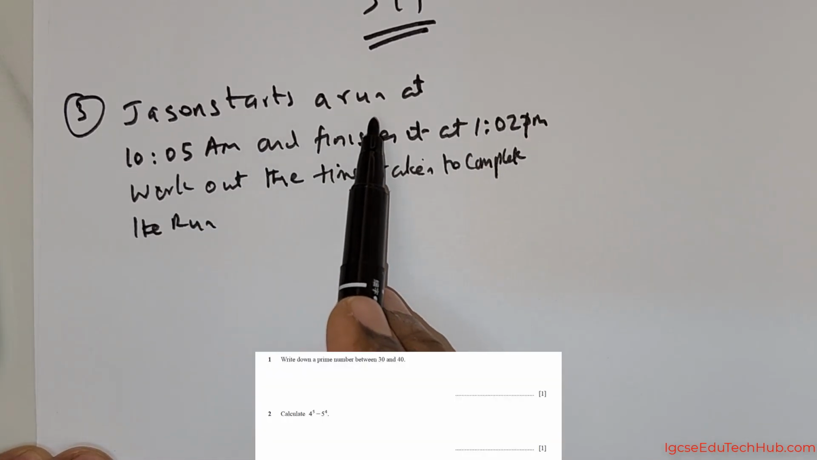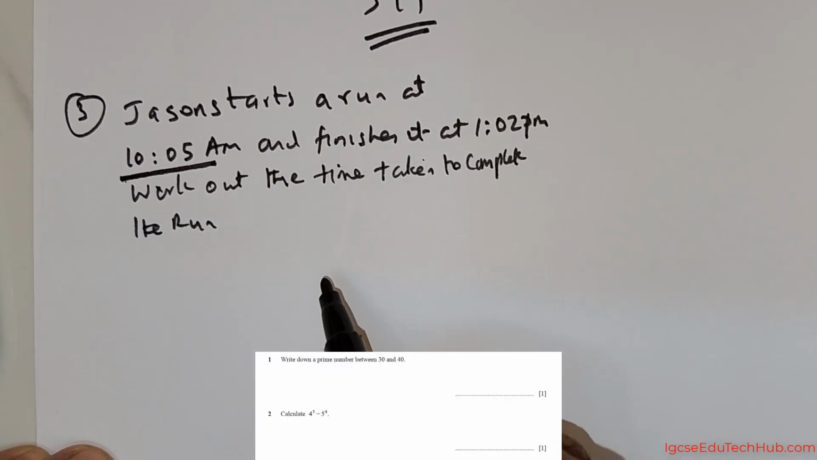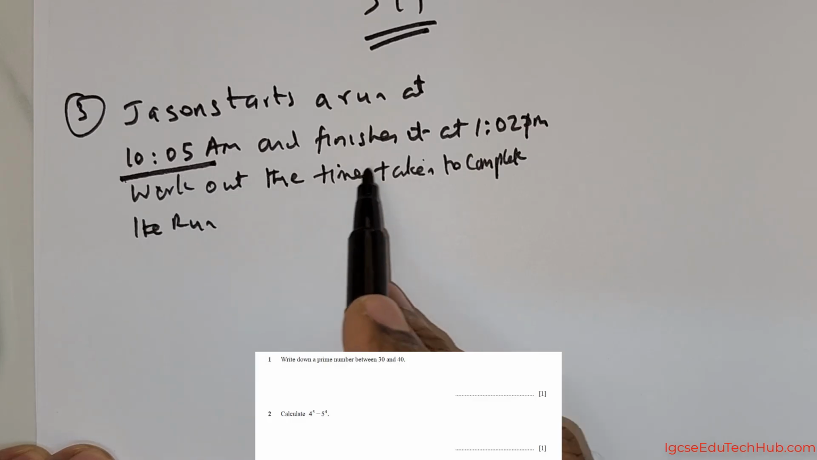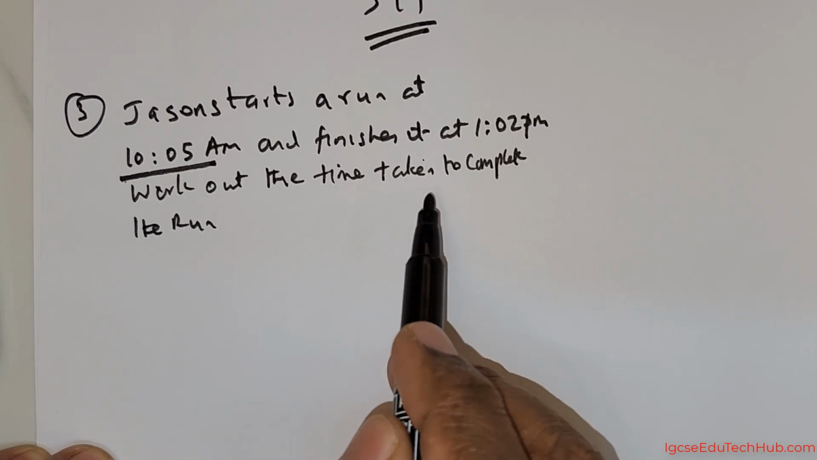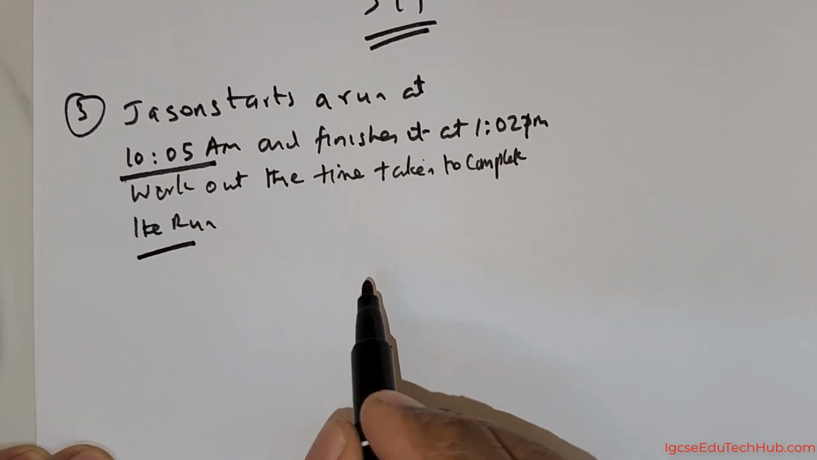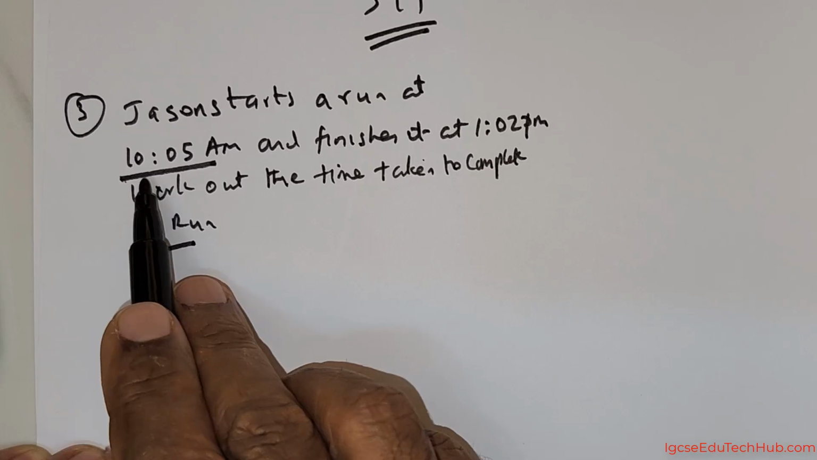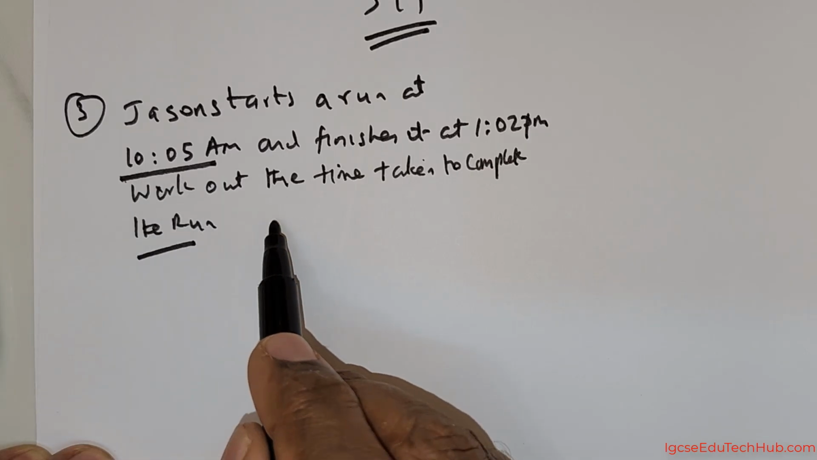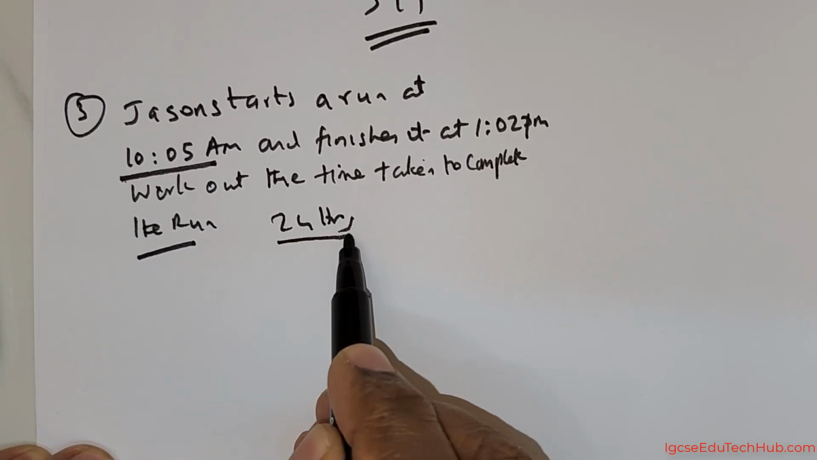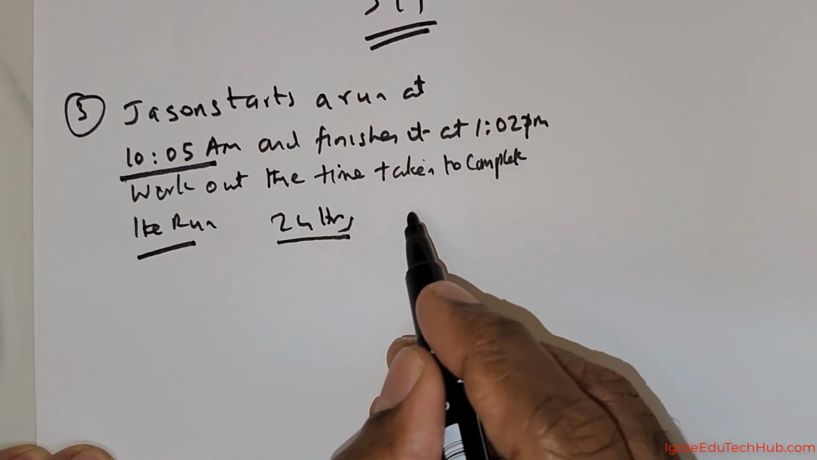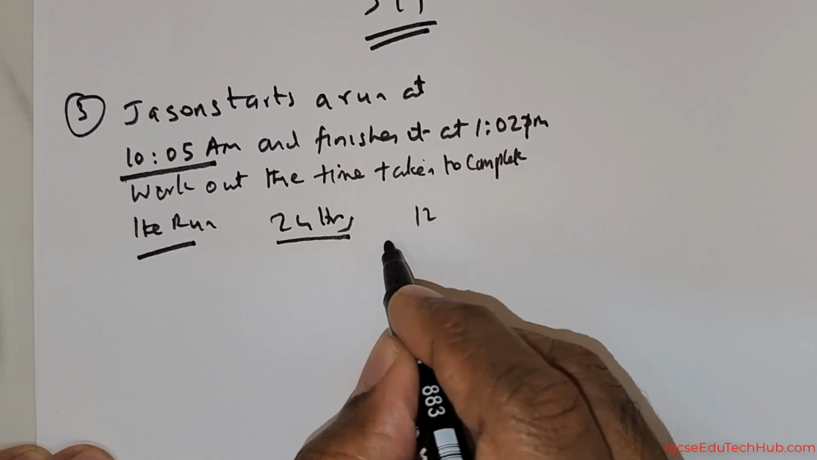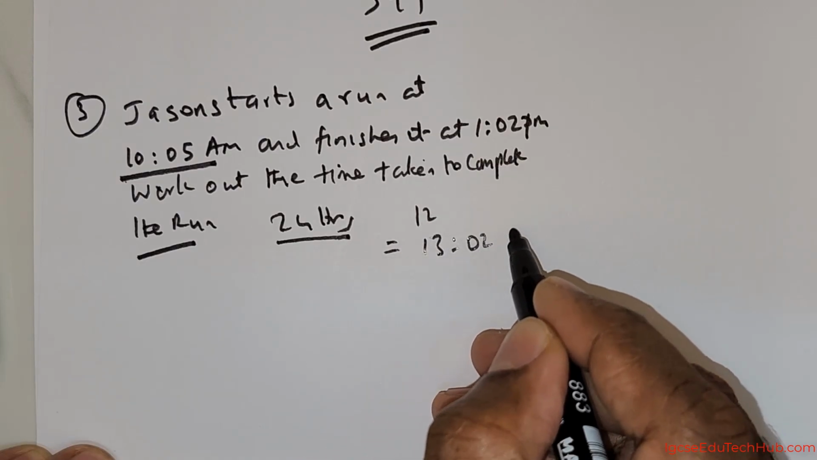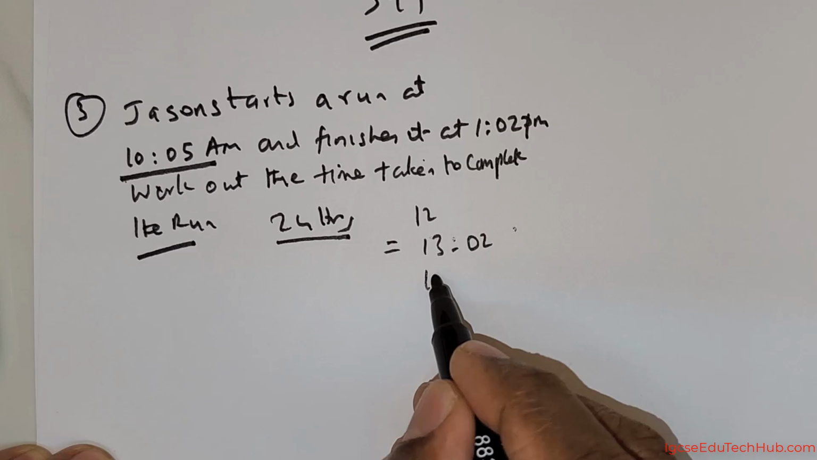So Jason starts a run at 10:05 a.m. and finishes at 1:02 p.m. Find the time taken by Jason. Now anything before 12, you don't have to do anything in a 24-hour format. But after 12, I'm going to add 12 to this. So this added with 12 would give me 13:02. Now from 13:02 take away